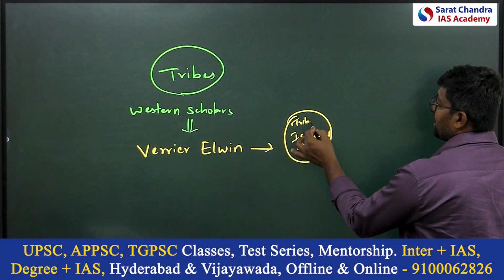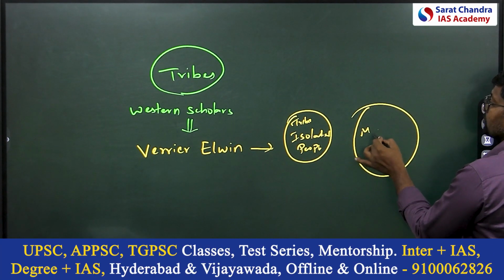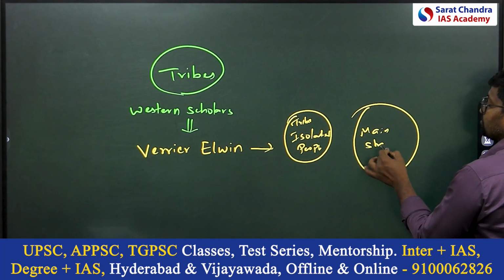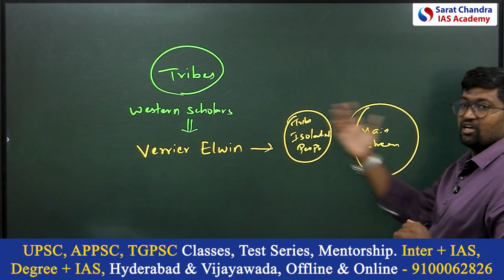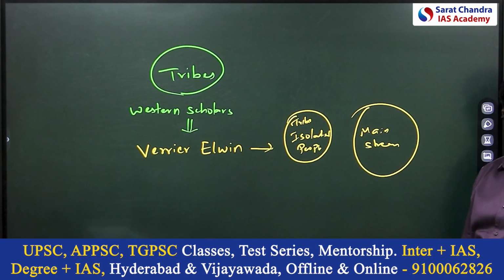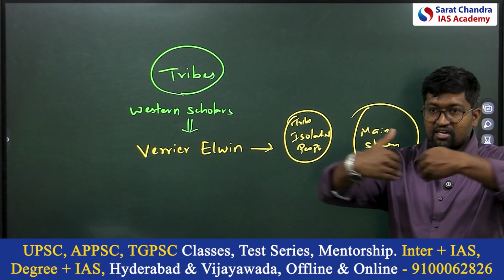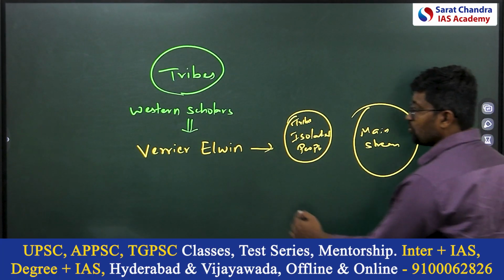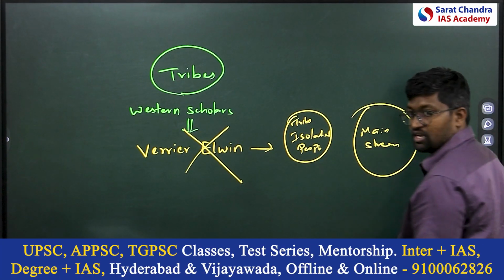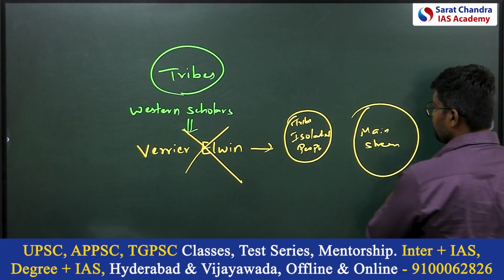Tribes are isolated people from mainstream society. That means tribes are different from mainstream society. So tribes are different from mainstream society. But G.S. Ghurye criticized Verrier Elwin, and G.S. Ghurye said that